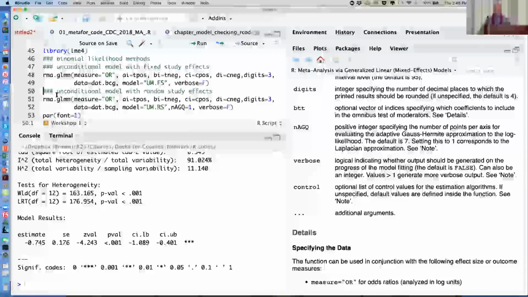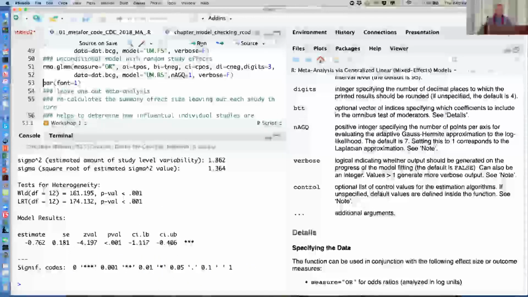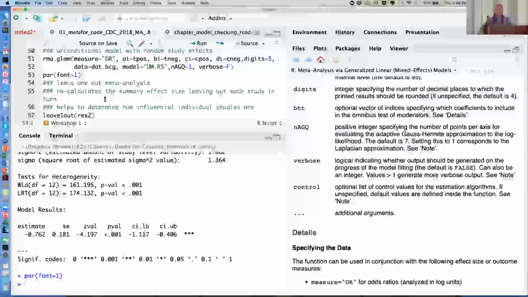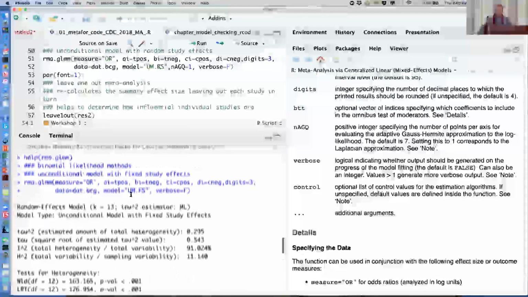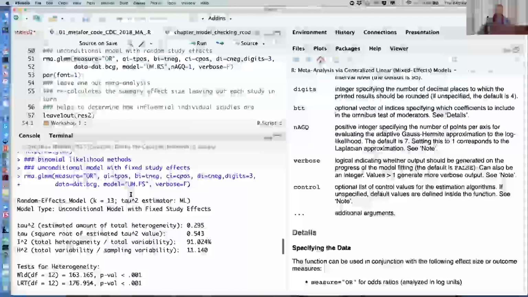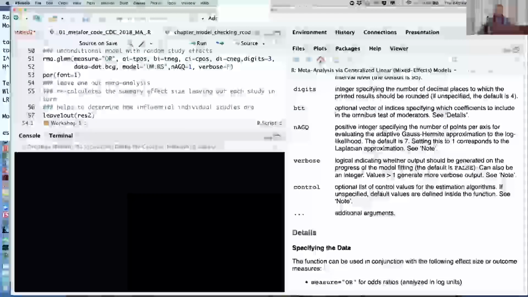And that's for the fixed study effects. This is with the random study effects. We'll run the rma model. And so here are the results we get for the fixed effects model,